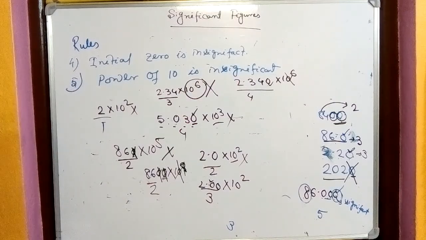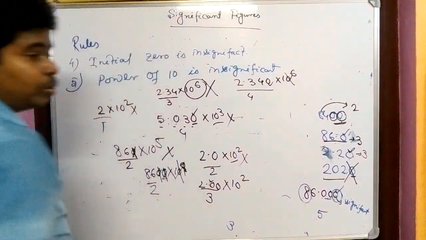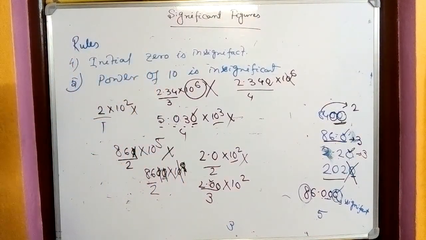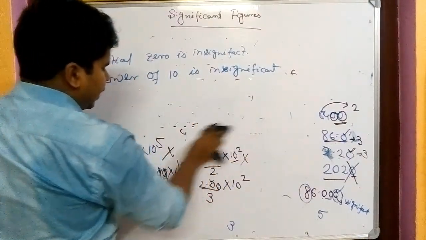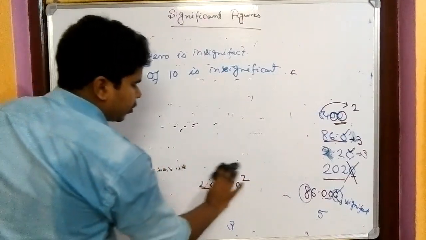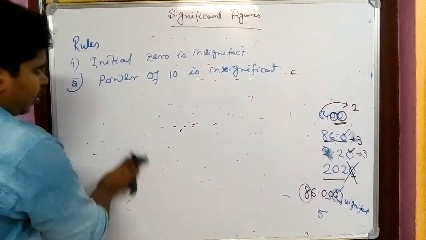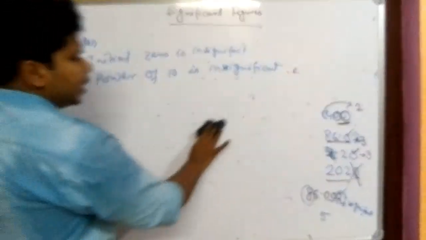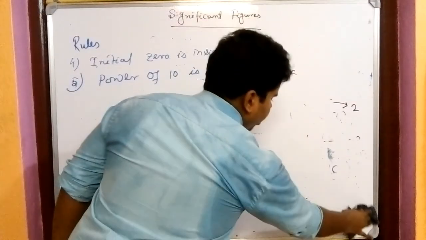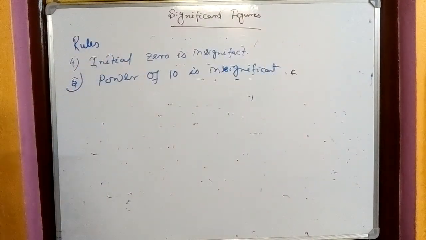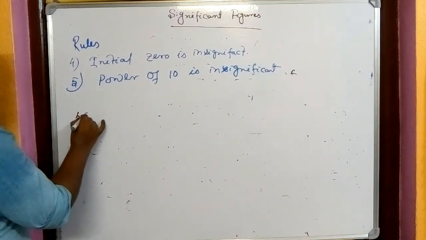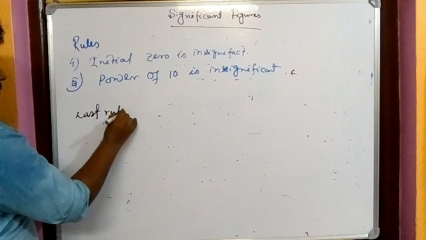to find the significant figures, and from here you will get 1 or 2 short questions in your exam. Okay, next, the last rule. Someone tells it as rule number 6, somebody tells it is the last rule. If I am talking about finding significant figures, it is not a rule for finding the significant figures. These 5 rules are enough for finding the significant figures, but the last rule tells us that